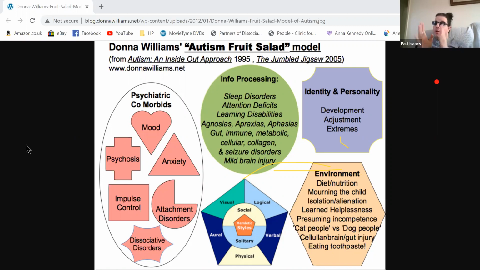And also we have to look at the psychology of the parent or the teacher. Why are they doing this? Do they know they're doing it? They may not know. They may be so in the loop that they don't actually know that this is going on. Presuming incompetence. Some of the people who would be called more severe, who I've worked with,